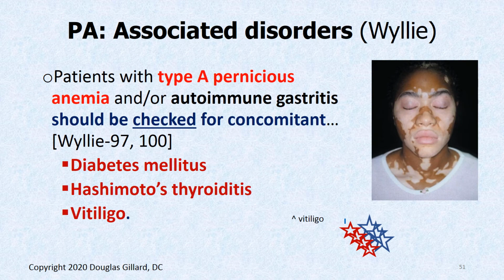Let's see. How about some other associated disorders? Type A pernicious anemia is autoimmune, so maybe they have other autoimmune diseases like diabetes mellitus, Hashimoto's thyroiditis, vitiligo, which we'll look at in